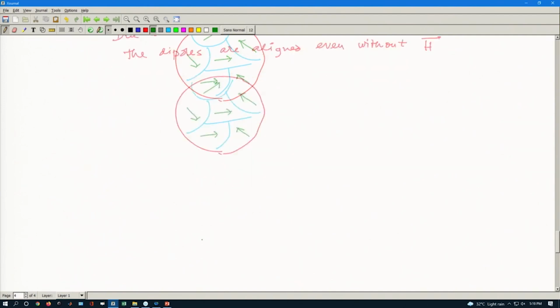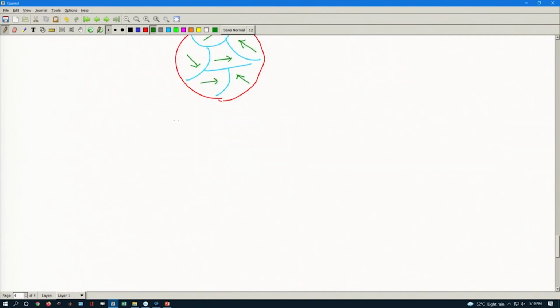Now, if I apply the external magnetic field here,